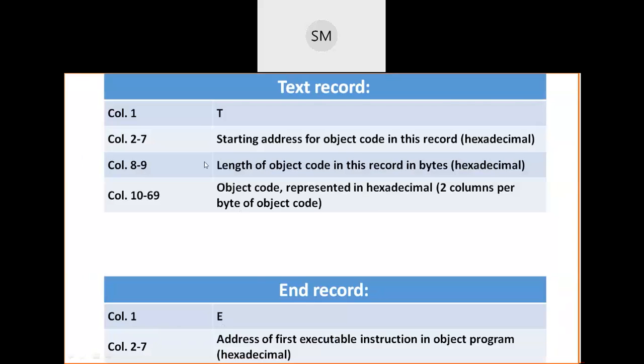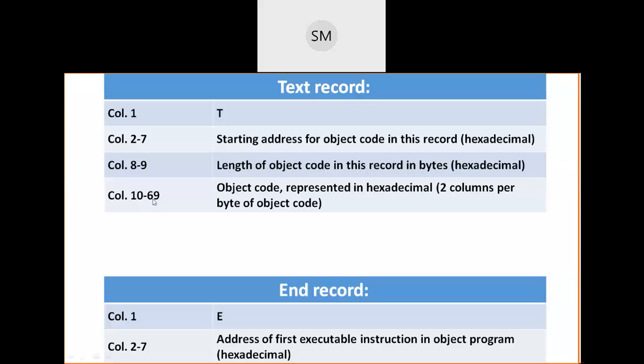Now if you want to talk about columns, the first column will be filled by T, and the second to 7th column will be filled by the starting address for the object code in that record. In that record means in that line. Next is the length of the object code in that line.